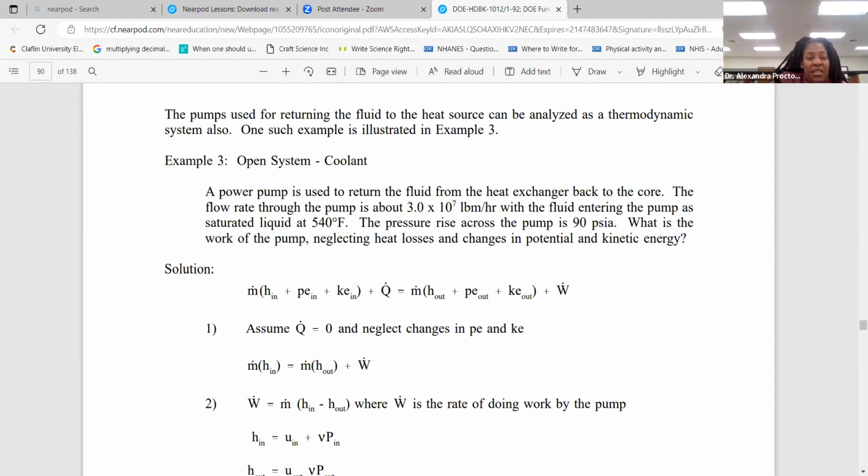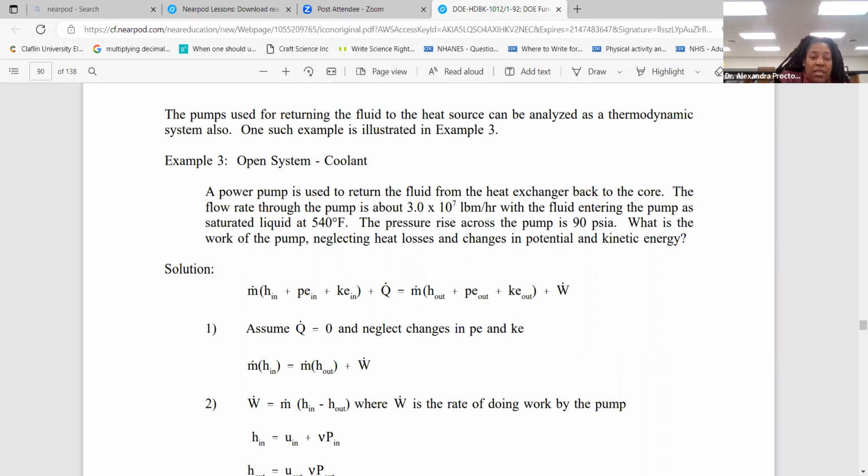M times H in plus PE in plus KE in plus Q is equal to M times H out plus PE out plus KE out plus W. They want you to assume that Q is equal to 0, because you're neglecting heat losses, and they want you to neglect potential and kinetic energy. And that's what simplifies that equation. It takes out some of these terms, okay? So M times H in is equal to M times H out plus W. If you get work by itself,